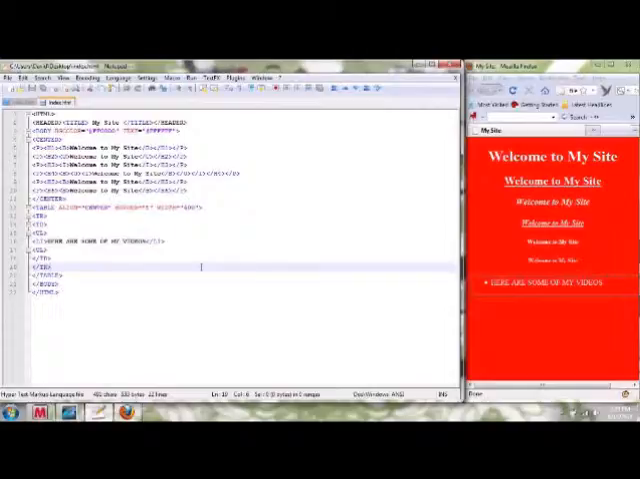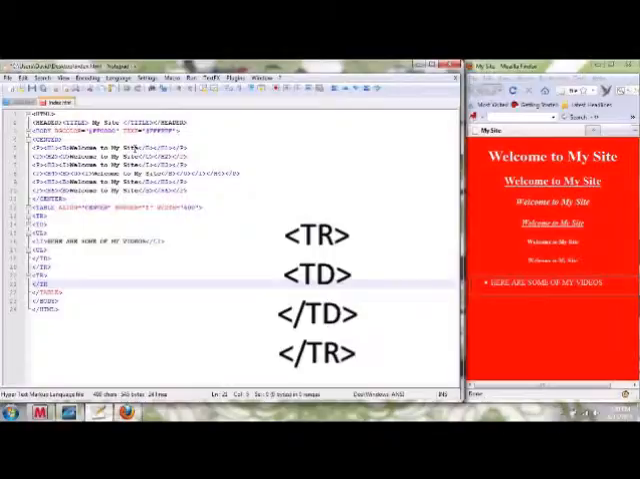If you want a line in between, here are some of my videos, you would start a new row and a new table. If you didn't want one, you would simply do another list item. But I want a line in between mine, so I'm going to do TR for table row and close that, and TD for table data column,